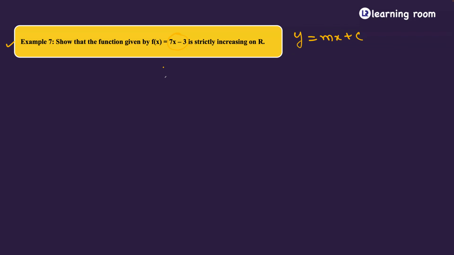Look at the way I'm going to write. I'll solve it in two ways. So when I take two values x1 comma x2 which belong to the domain set, if I take x1 to be less than x2, right, then 7x1 minus 3, right,